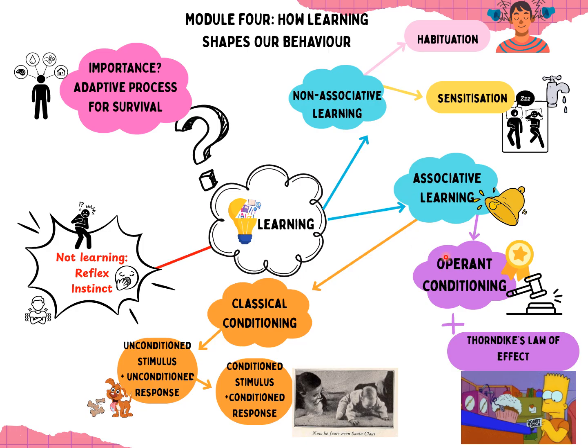Now to associative learning. This occurs when we learn to connect different events or stimuli with one another based on repeated experience. Have you ever heard of Pavlov's dogs? Welcome to classical conditioning, learning by association. Classical conditioning involves an unconditioned stimulus and an unconditioned response. In the case of Pavlov, his dog's food was the unconditioned stimulus and the unconditioned response was that the dogs